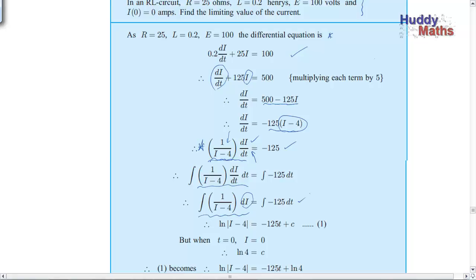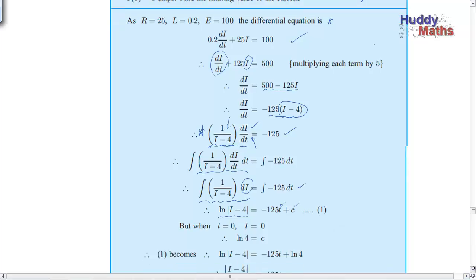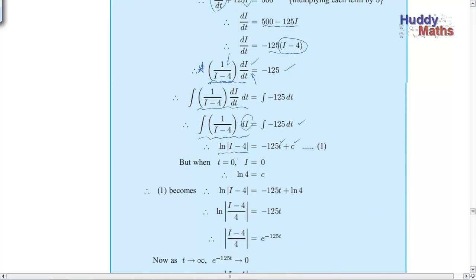I of that one, and then it's ln of the modulus of I take 4 and negative 125t plus c, doing the two integrations in one step, both sides in other words, and then subbing in initial conditions when t is 0, I is 0. That's an easy one, ln 4. And so how we've got this,